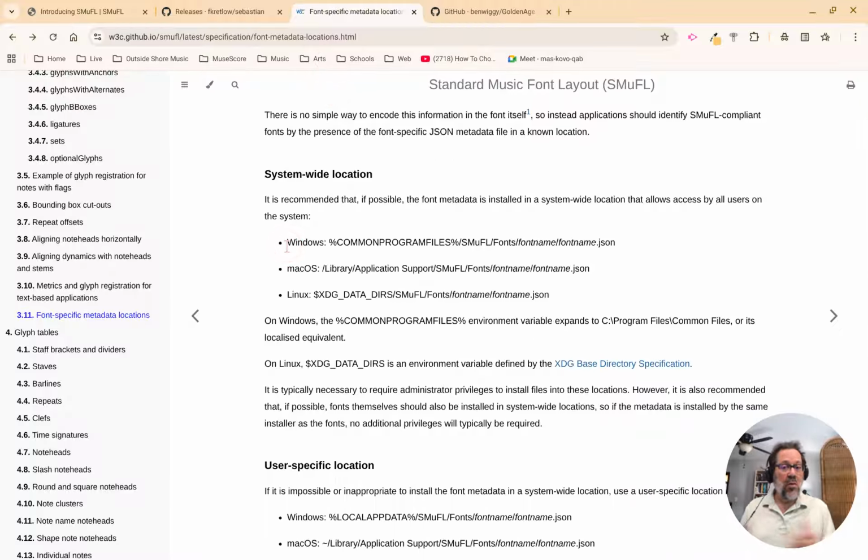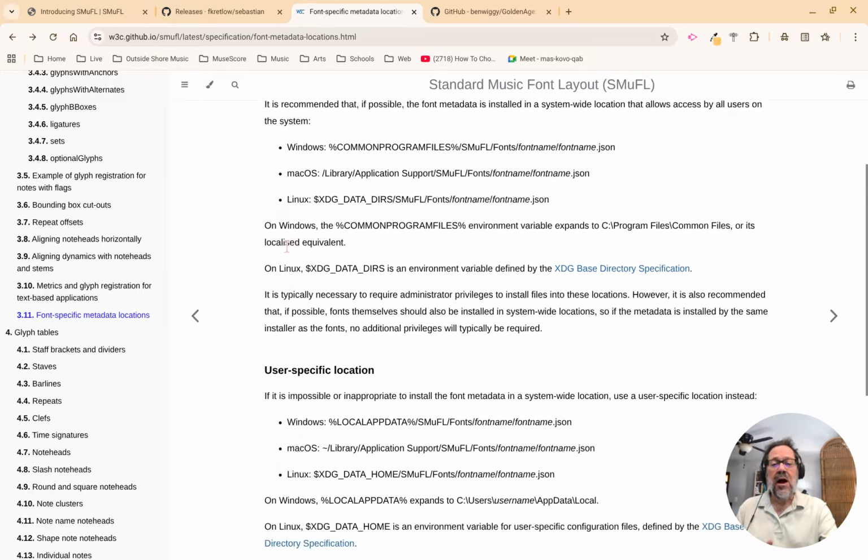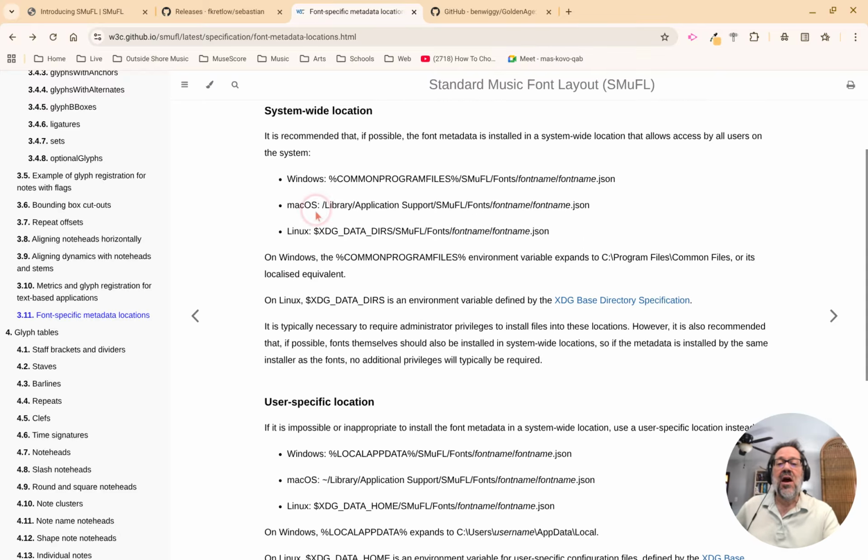One is system-wide, so it'll apply to all users if you have multiple users on your computer, and there's another user-specific location. If you install it for all users, you need to have admin privileges. On Windows, the location is what says Common Program Files. That is this folder here,